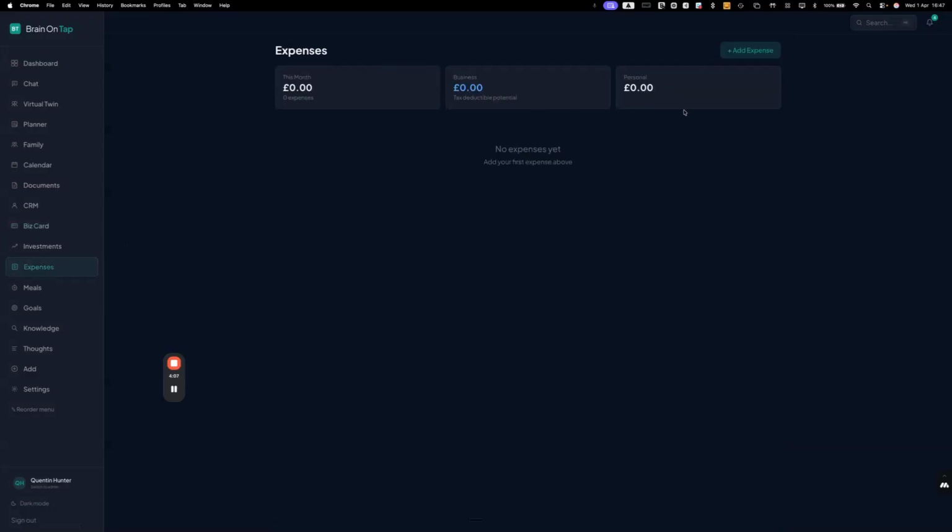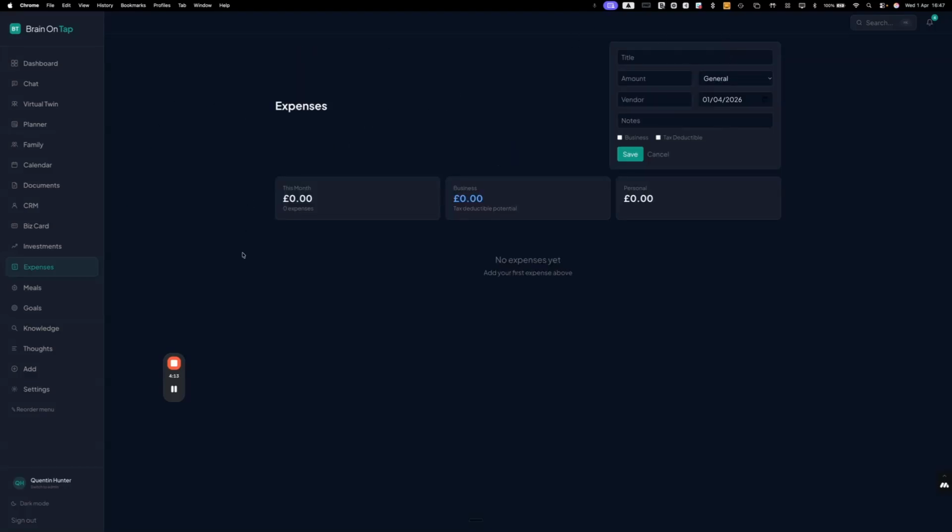Expenses. If you want to record expenses, be they home expenses or work expenses, and keep a tab of them, you can add them in here. Click on here and you upload your expenses. These can also be added by your mobile device, by voice or typed or uploaded into your mobile.